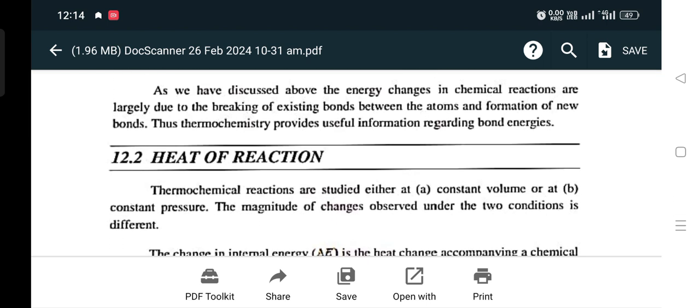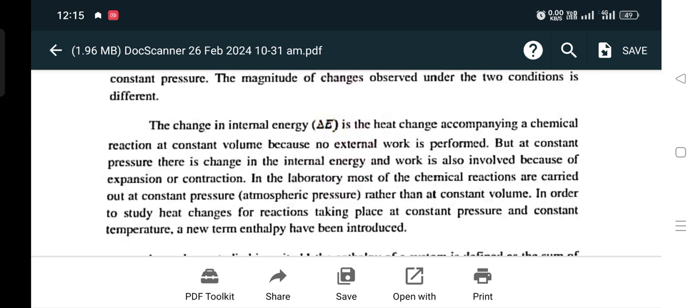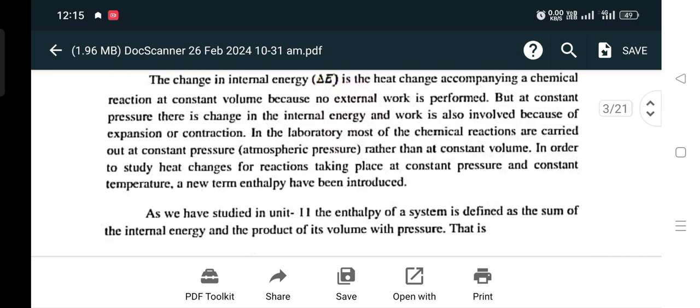Heat of a reaction. Thermochemical reactions are studied either at constant volume or at constant pressure. The magnitude of the change observed under the two conditions is different. The change in internal energy is the heat change accompanying a chemical reaction at constant volume because no external work is performed. But at constant pressure, there is a change in internal energy and work is also involved because of expansion or contraction. In the laboratory, most chemical reactions are carried out at constant pressure rather than at constant volume. In order to study the heat change for a reaction taking place at constant pressure and constant temperature, a new term